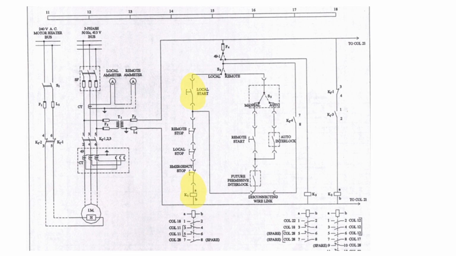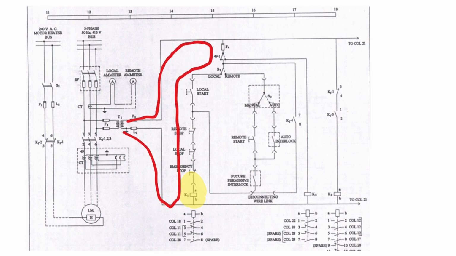So basically, it's a kind of isolation for the safe operation of high voltage circuits. So when the local start button is pressed, the coil of contactor K1, which is in column 14 or 15, is energized, causing its contacts to change status. So you can see clearly the path of the control circuit is completed. If you trace from the secondary side of the transformer to fuse F4, then 49-1, which is a thermal overload relay contactor, then contact selector switch S2, and then the push button, then remote stop, local stop, emergency stop,